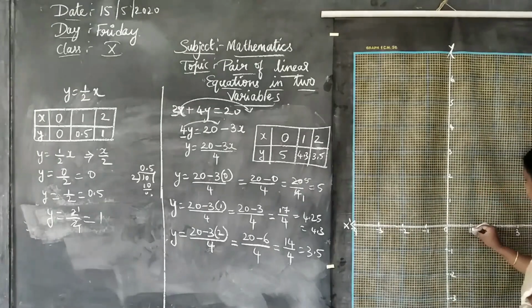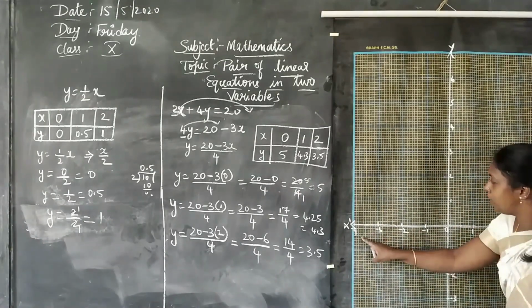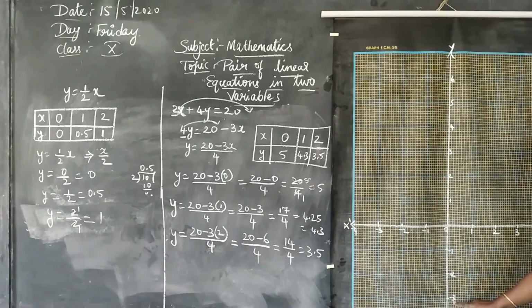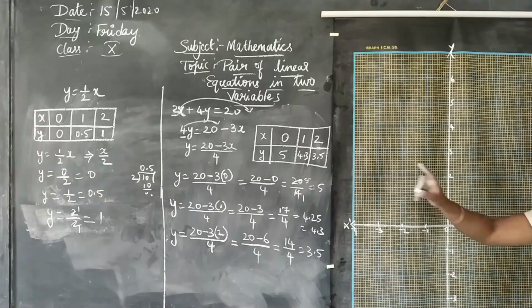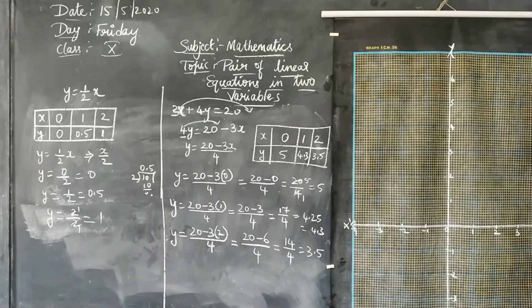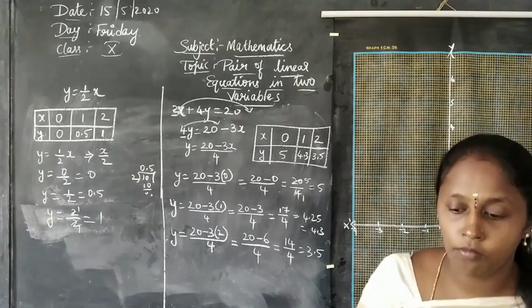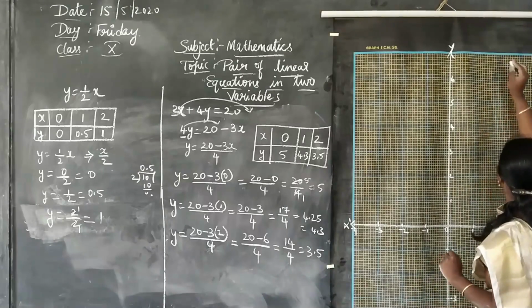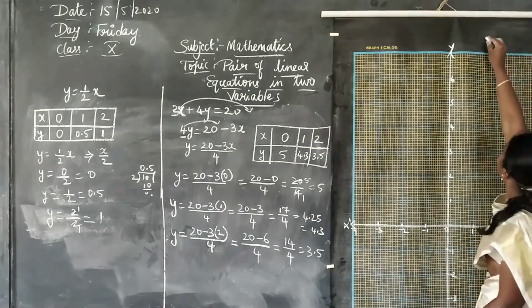Okay. So here I am on 1, 2, 3, minus 1, minus 2, minus 3. Here 1, 2, 3, 4. Here minus 1, minus 2, minus 3. Okay, so let me plot the graph for the first equation. What I get, let me see. And you should write the scale. A very important thing is writing the scale. How are we going to write the scale, children? I write the scale here.